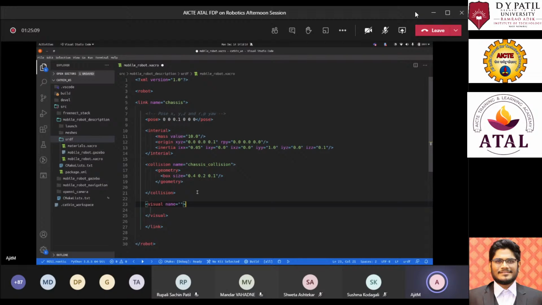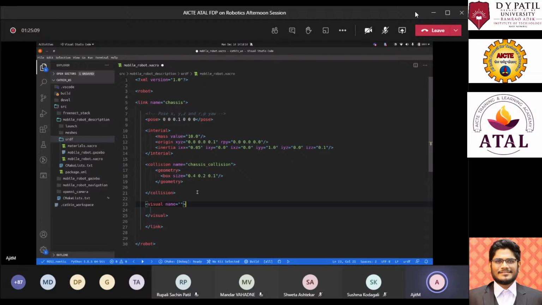For this, I'm giving it chassis_visual, and again this tag will have its own subtags. Just like we defined the inertia matrix, the visual will have its origin, where it is starting.